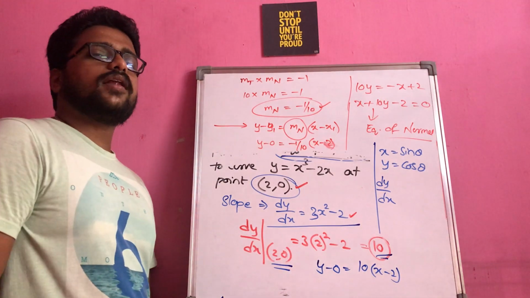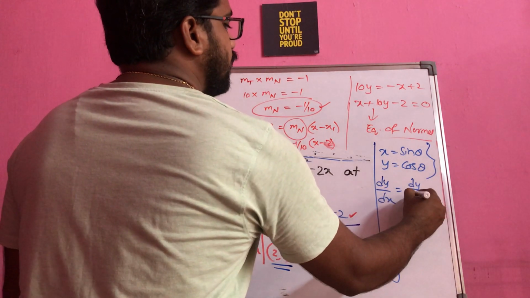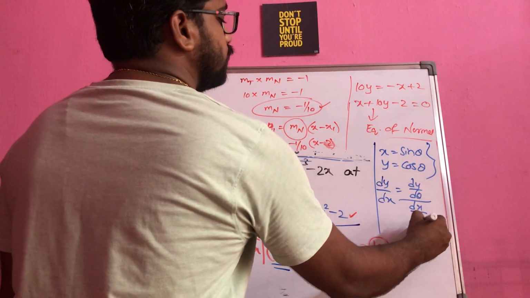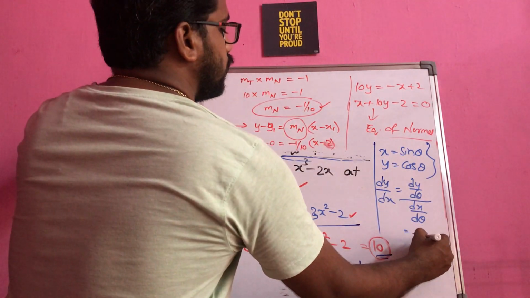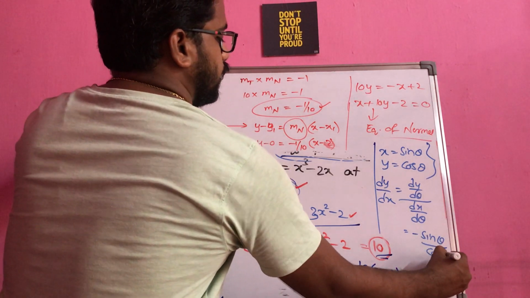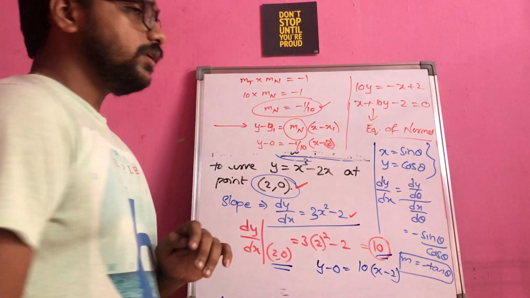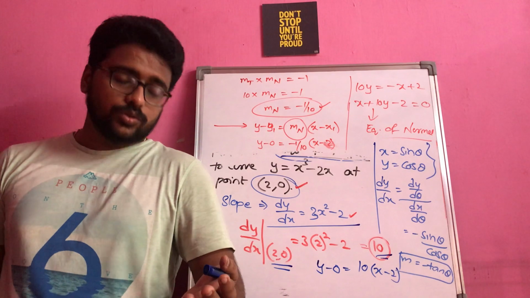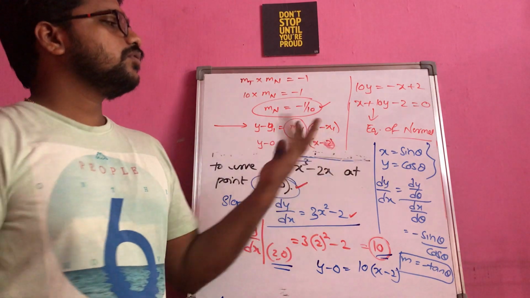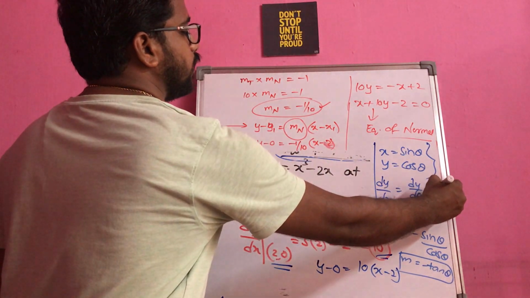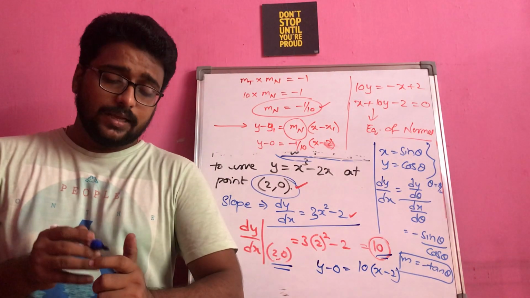When you have to find the value of dy by dx, it is a parametric form. That means dy by d theta divided by dx by d theta, right? Now try to substitute that. dy by d theta divided by dx by d theta is nothing but minus sin theta divided by cos theta, that is minus tan theta, which is the required slope for me. As I told you already, you should not get the value of dy by dx in terms of a variable. It has to be a number. In the question they may mention somewhere that theta is equal to pi by 4. Substitute theta equal to pi by 4, and that will be your required slope.